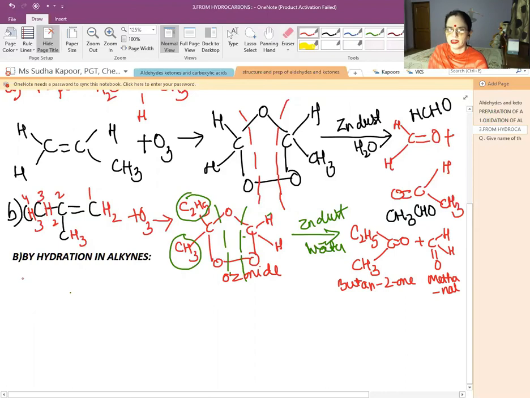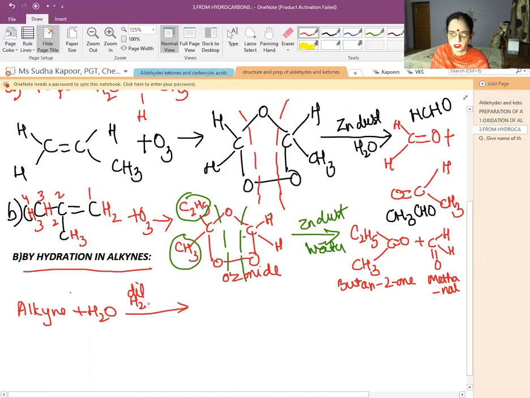Now we come to the other part, that is the hydration of alkynes. So what is hydration of alkynes? When the triple bond is added with water in presence of H2SO4 and HgSO4 followed with the temperature 333 Kelvin. So when an alkyne is treated with water in presence of dilute H2SO4, HgSO4 and at 333 Kelvin temperature, first of all it will be giving rise to an enol intermediate product,